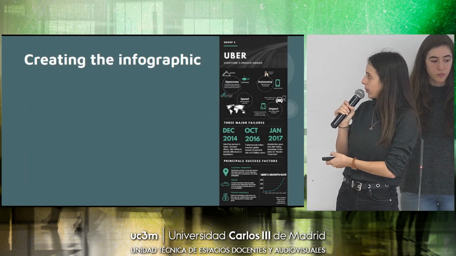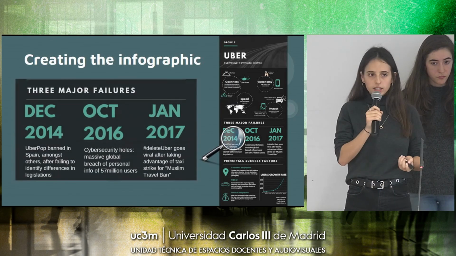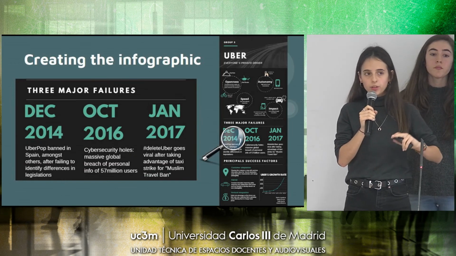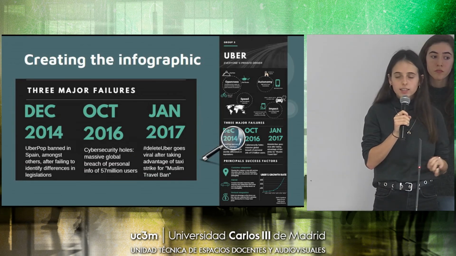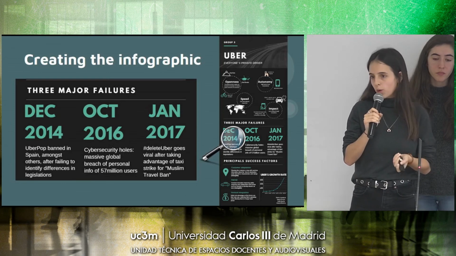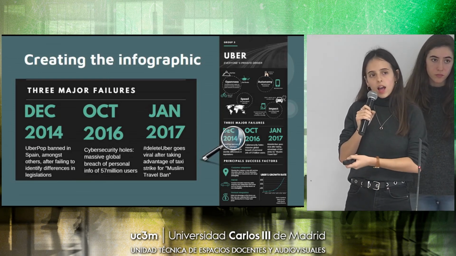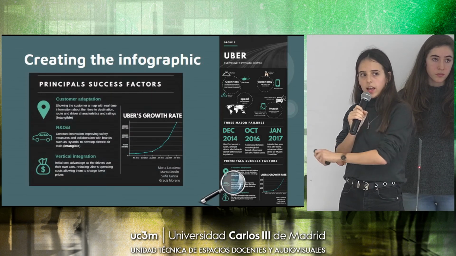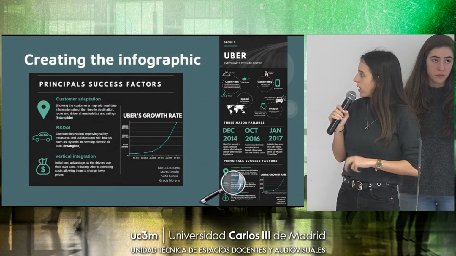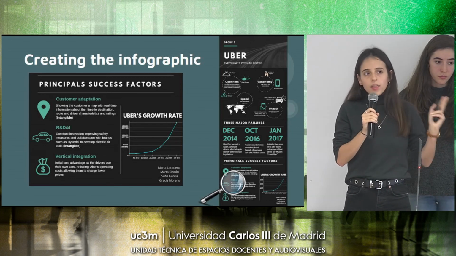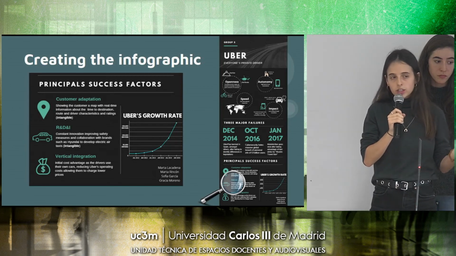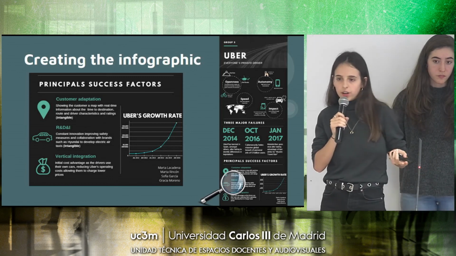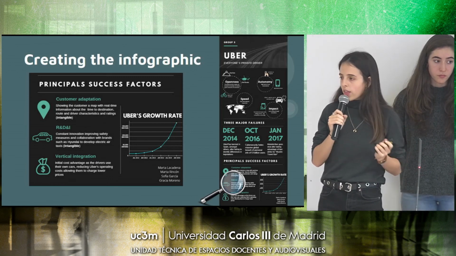Next, we put 3 different failures, the ones we thought were more important, and we put their date because we wanted to emphasize that they weren't that long ago. And to contrast those failures, at the end, we put the 3 main success factors that help them overcome those failures. And on the right part, we decided to end our infographic with this graph that talks about Uber's growth rate,